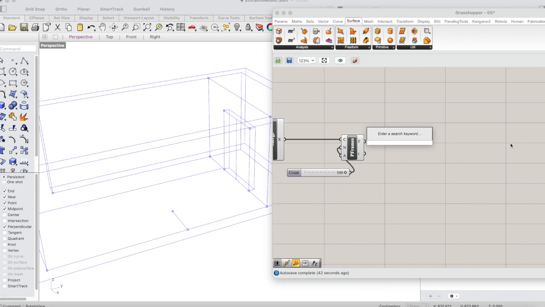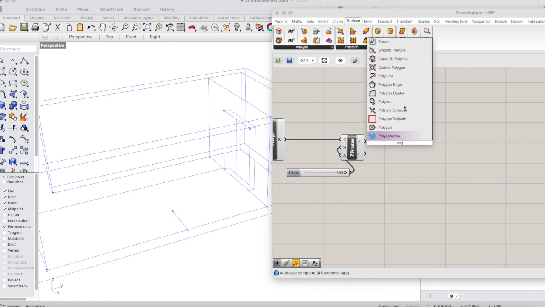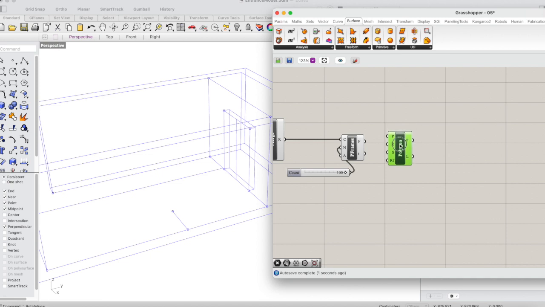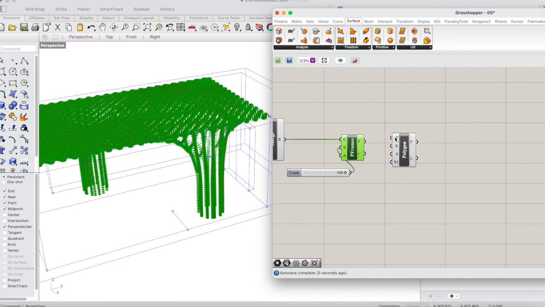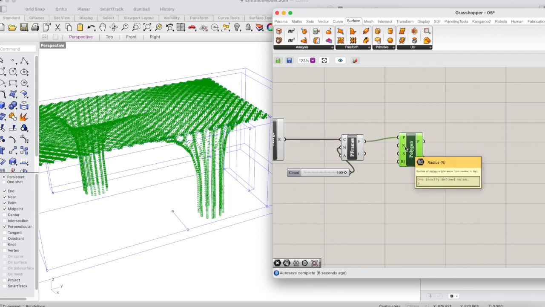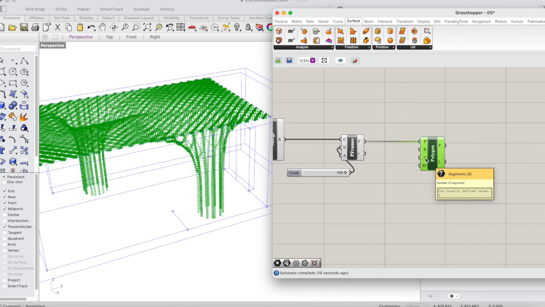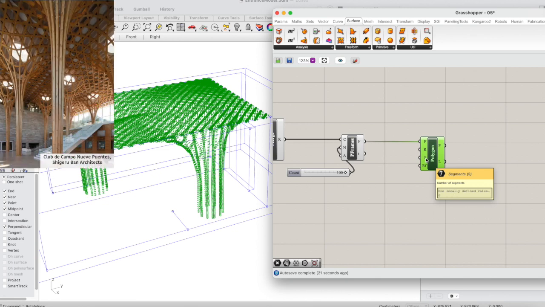So polygon, it needs planes, in this case the whole set of planes, and radius, segments, and fillet radius. Segments, if we want to have a rectangular profile, like in the examples, if it's a wooden